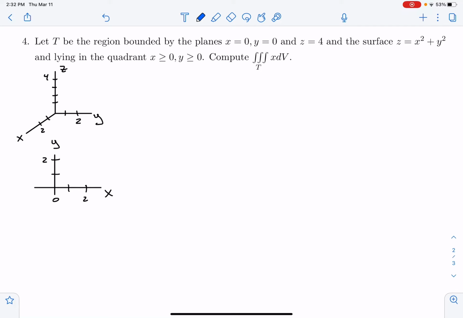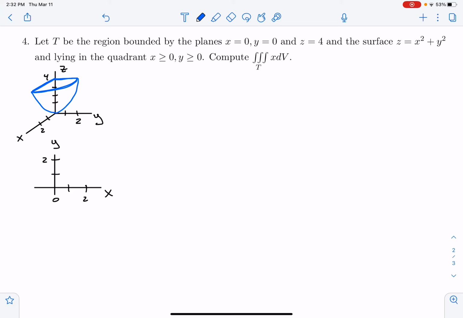Okay, it's going to be between the surface z equals x squared plus y squared. So I can kind of draw out z equals y squared as a parabola, and then z equals x squared as a parabola, going up to when z equals 4. And then that creates this kind of quarter of a bowl. And that quarter of a bowl goes from z equals x squared plus y squared all the way up to